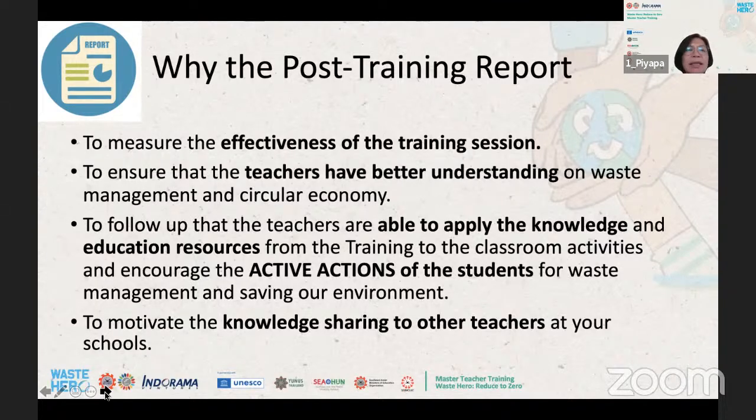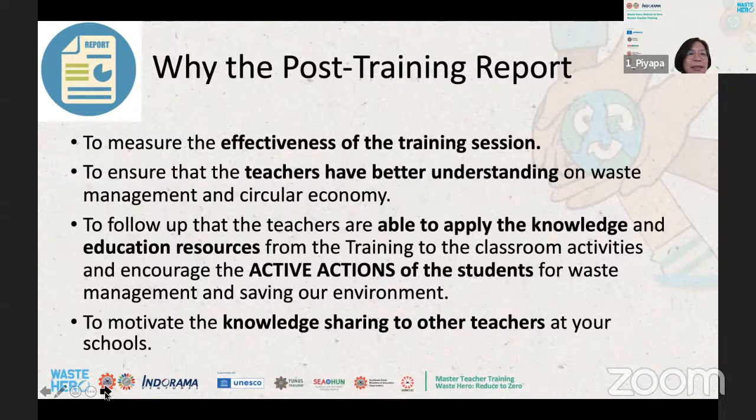Most importantly, we want the teachers to be able to apply the knowledge and education resources from the training to classroom activities and encourage active action from your students. And last, this is quite important as well: after the training, I hope that you will not keep all the knowledge to yourself. I would like to see how much you can share the knowledge that you get from the training with other teachers at your school.